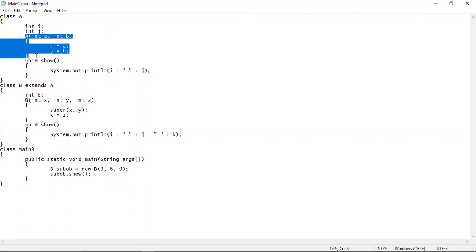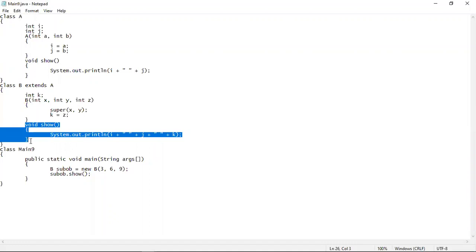That should be the very first statement inside the subclass constructor. After that, another assignment statement will assign the value of z into k. Then a method is written which will just print the values of i, j and k.